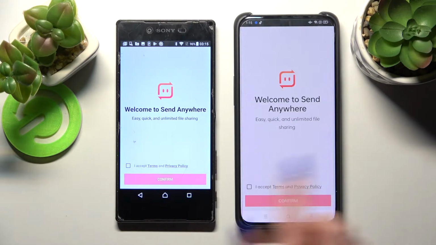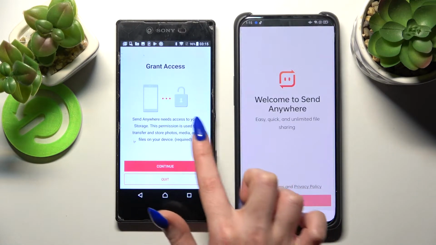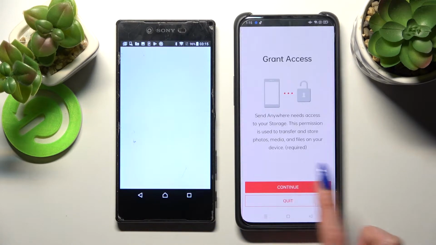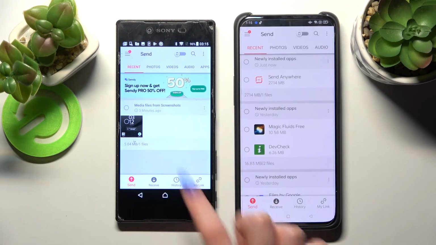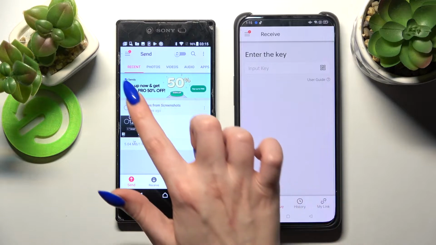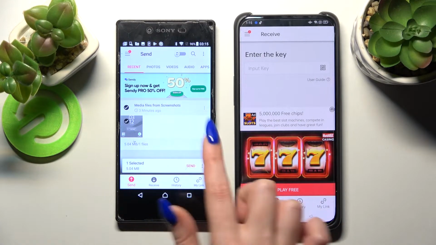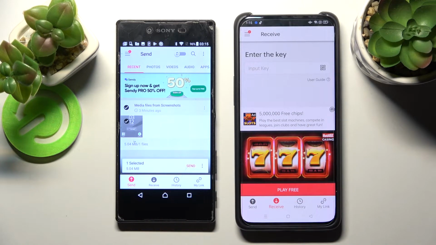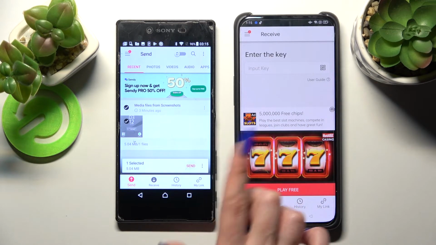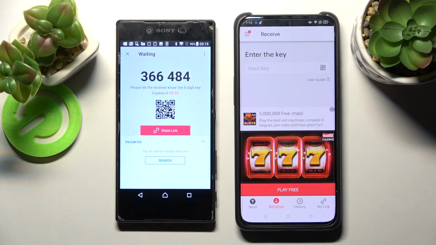And now, from the screen here, just accept, confirm, continue and allow. Now you need to select Send on Sony and Receive on Oppo. Following that, tap on all of those type of dots and just send. This way you will select all of your files and transfer them later on. I will go with Send now, just got it, and as you can see from here, we have two ways